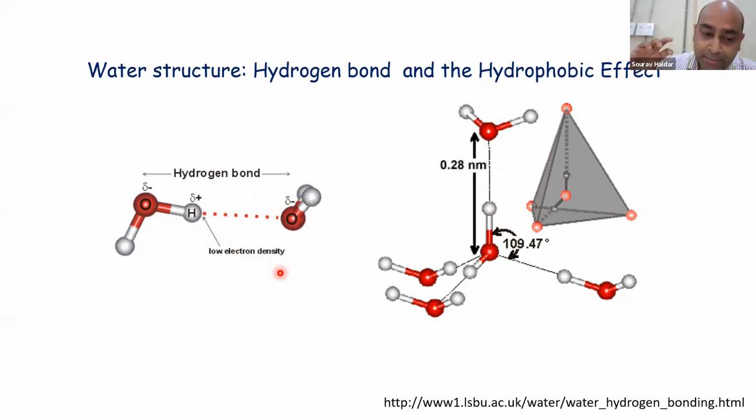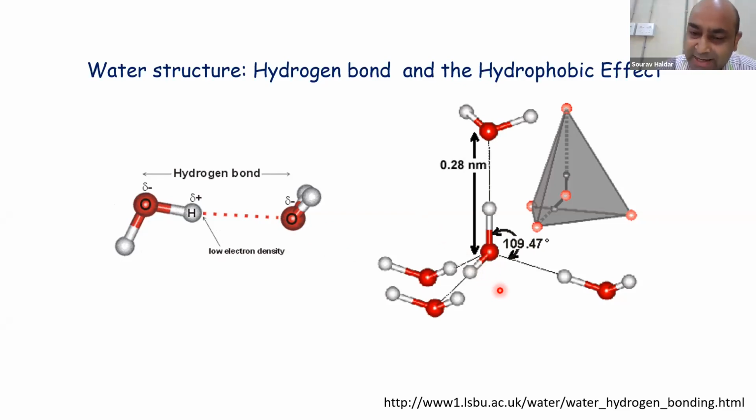Now, the biomolecules that we come across, those that are capable of engaging with this hydrogen bond network will be liked by water molecules, or they are called hydrophilic molecules, whereas those molecules which do not have the ability to interact with water molecules, or in other words do not have the ability to form hydrogen bonds with water molecules, actually don't like water for thermodynamic reasons, so they are called hydrophobic molecules.